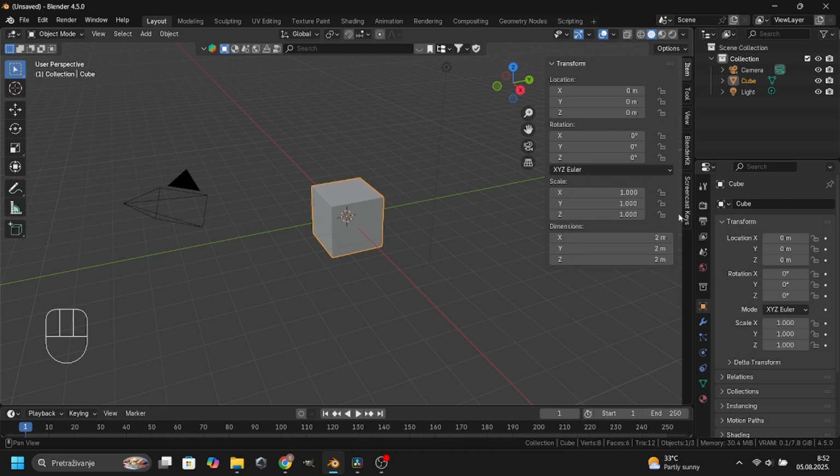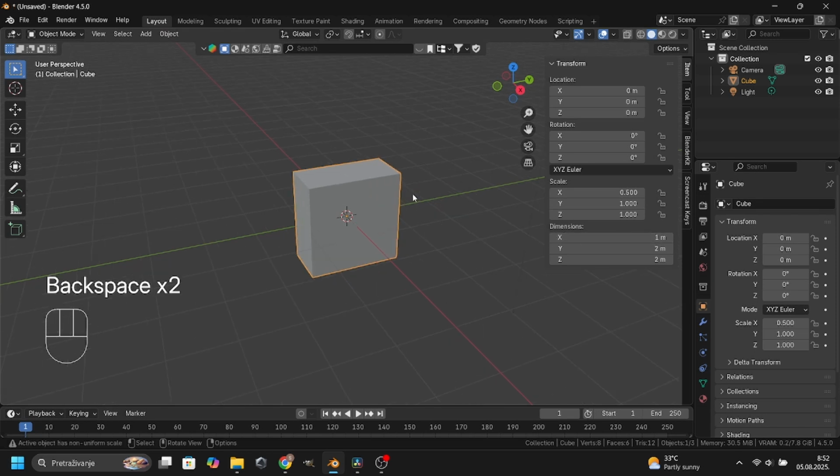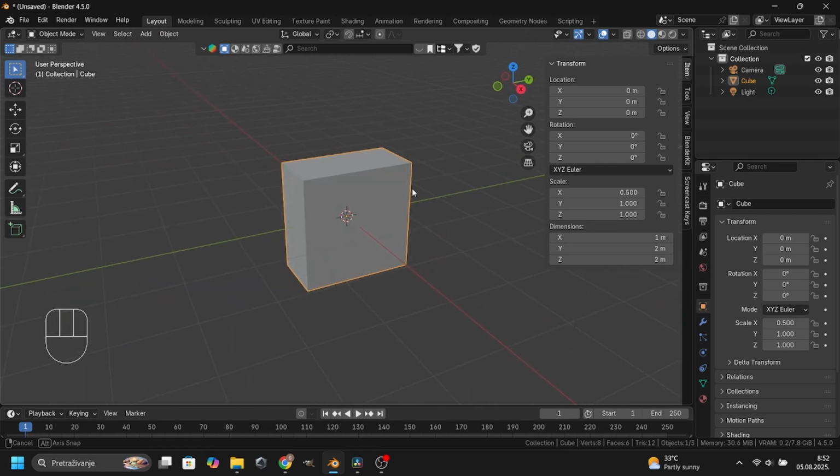1 under scale is the default scale to which you can revert to by clicking on your object and pressing Alt plus S. So if we change the X dimension of the default cube to 1 meter, your cube will change, and the same will happen with Y and Z. As you can see, since we halved the X dimension of the cube from 2 to 1, the number under